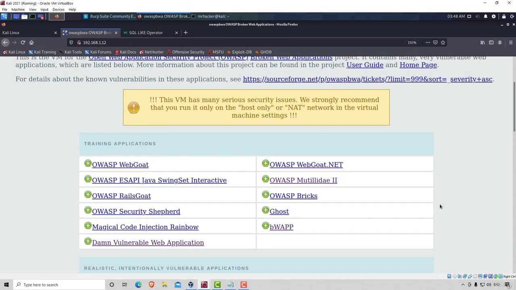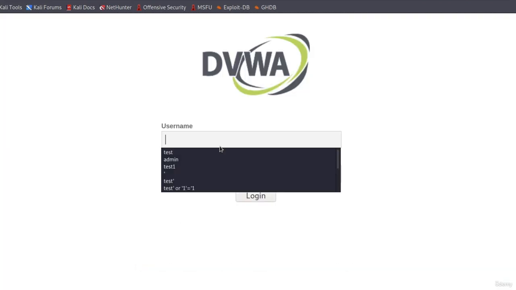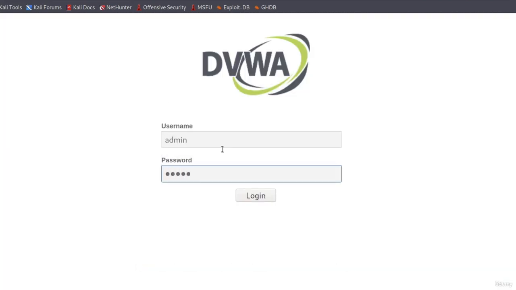Okay, it's time we cover blind SQL injection. So we already know what SQL injection is, we know how it works, and we know how we can exploit it. But what is blind SQL injection? Well, let me show you. Let's navigate to our DVWA and log into our page,